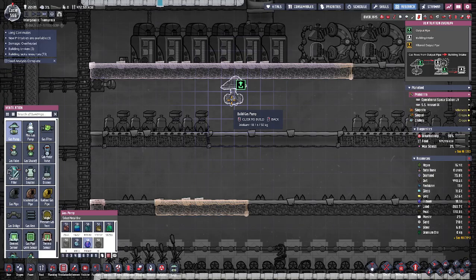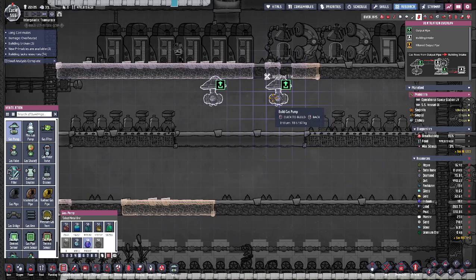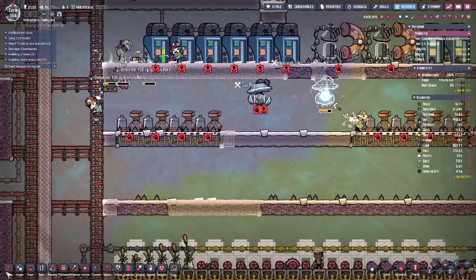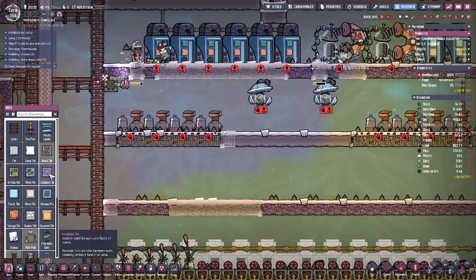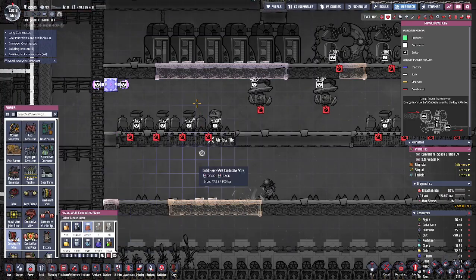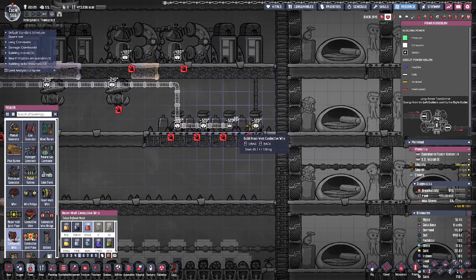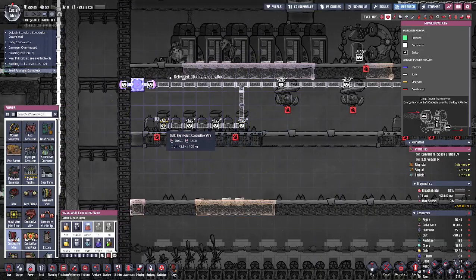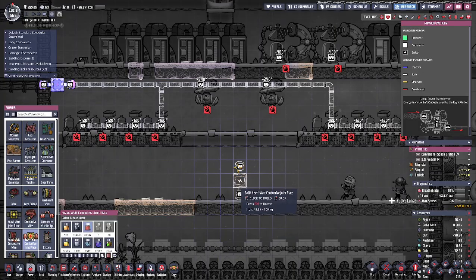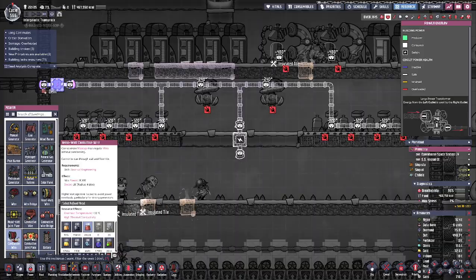We're going to set them back a little. There. Put in one more airflow tile here. Alright. Heavy watt conductive wire, here we go. Okay. And then we need another heavy watt conductive joint plate. Those go through the middle. We'll get that, and then we'll get...